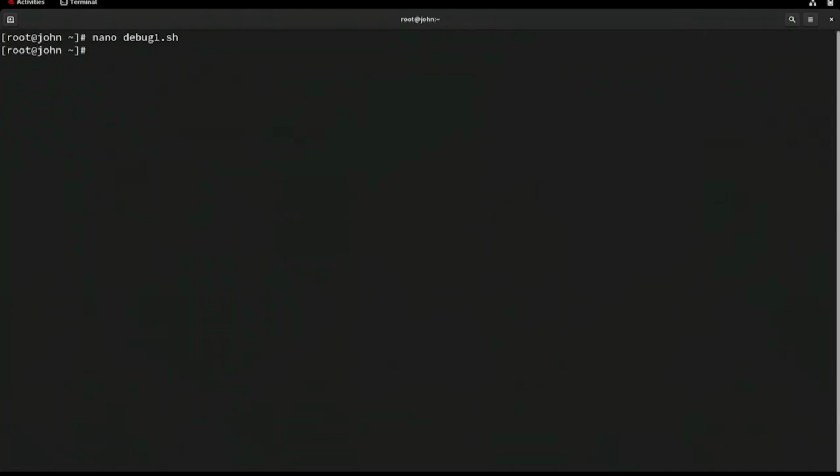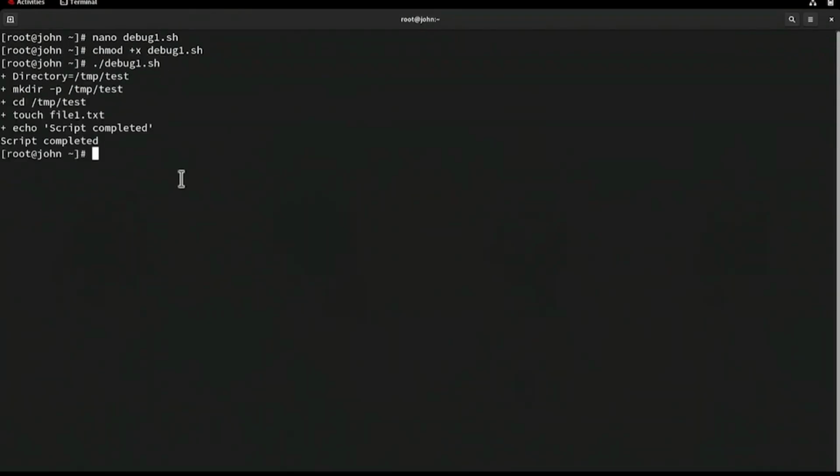Next, we need to give execution permission to the script. Type chmod plus small x debug1.sh and press enter. Once the permission is granted, you can run the script. Type ./debug1.sh and press enter. You'll see that the directory